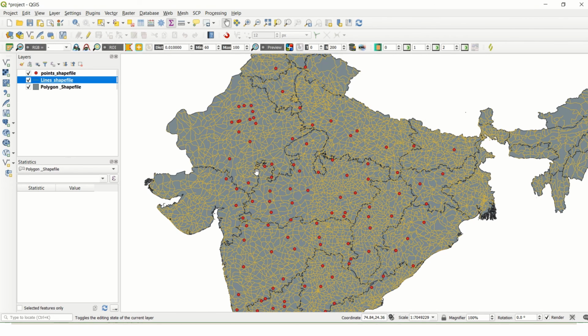We read the shapefile in this manner in any of the GIS software. Here I am using only the QGIS software. In the next video I am going to tell you what all we can do with this shapefile, for example digitization, and also how we can use this shapefile with raster data. What is raster data? You are going to learn that in the upcoming videos.